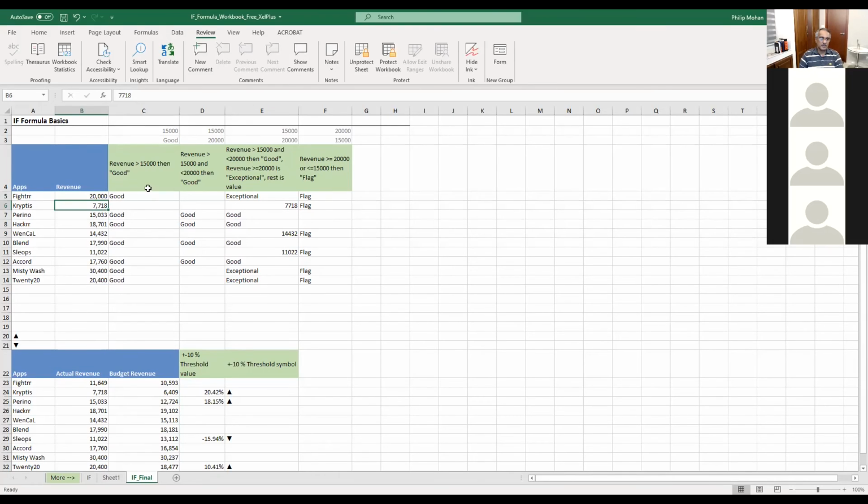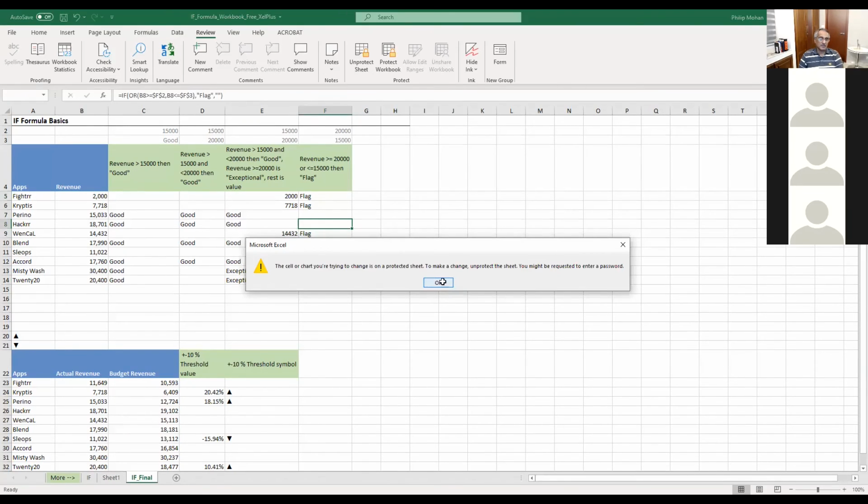If you notice, the formula still works, because now 20,000 or about 20,000 is exceptional. Remember? The formula is still the same old formula. If it is only 2,000, it flags anything below 15,000, remember? It puts the amount down. So all these cells are working, but the user cannot fiddle with them. I cannot change anything here.